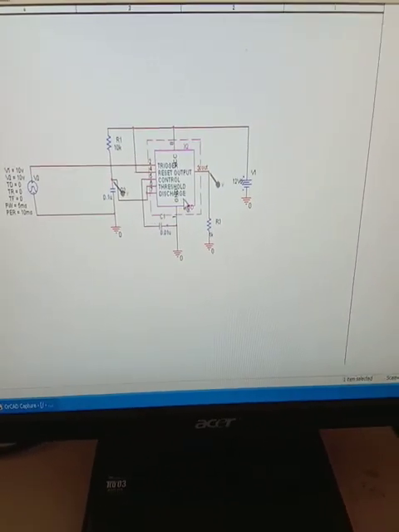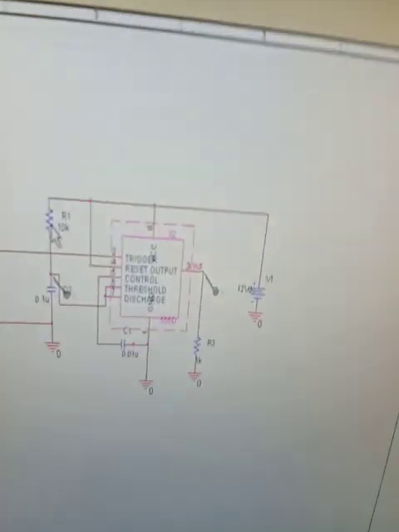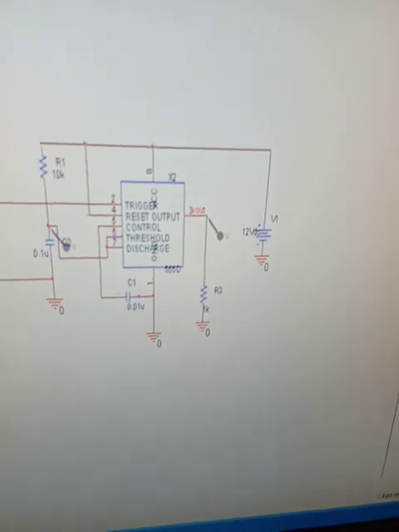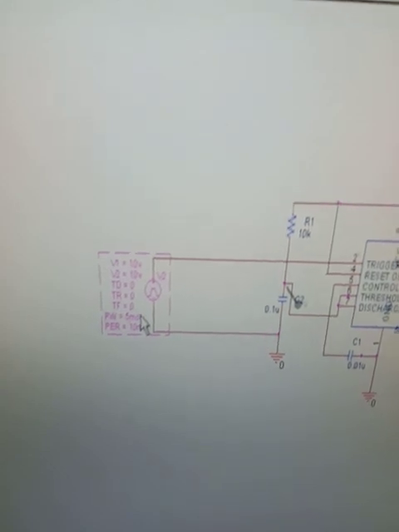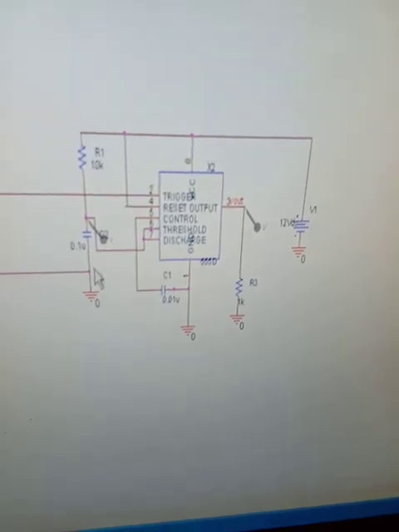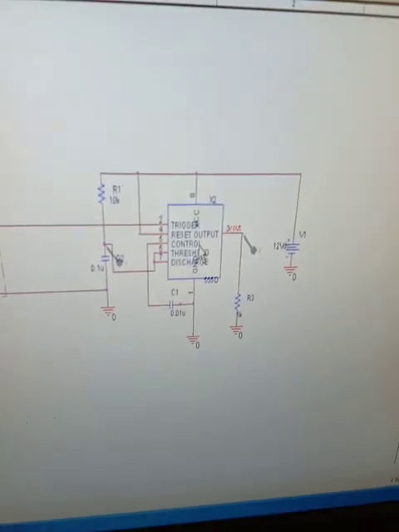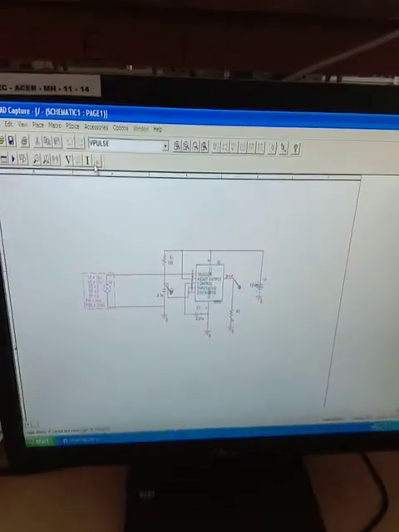Now this is the 555 IC and you know how to drag the resistor, the capacitor, this also. And now over here you have to change these values. These are the same values which are given in the manual. You need to change the values of the resistors and the values of the capacitors. Fine. So you have to draw the circuit like this. Once you draw the circuit, please save the circuit.